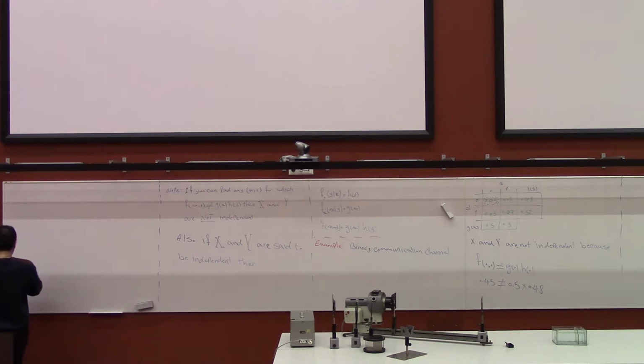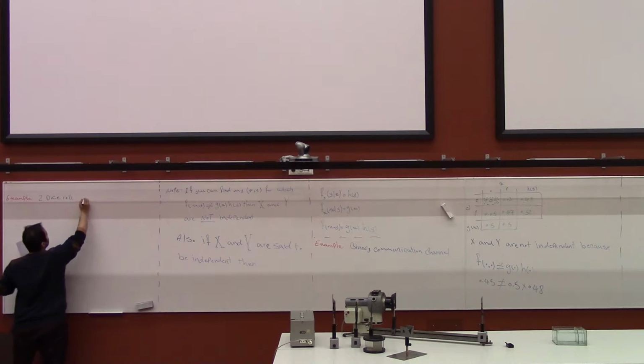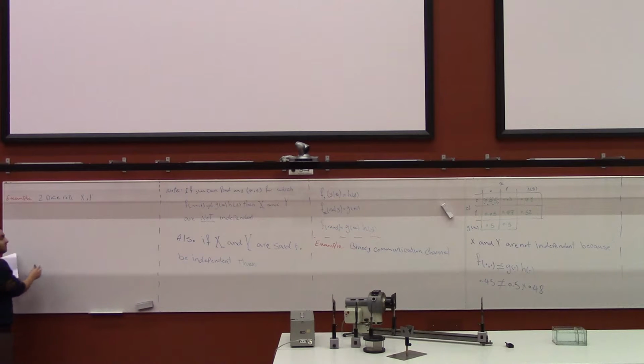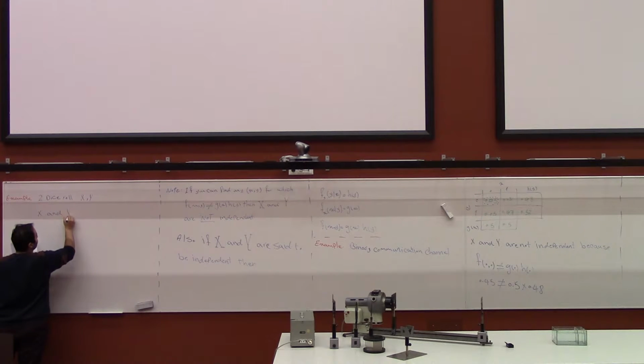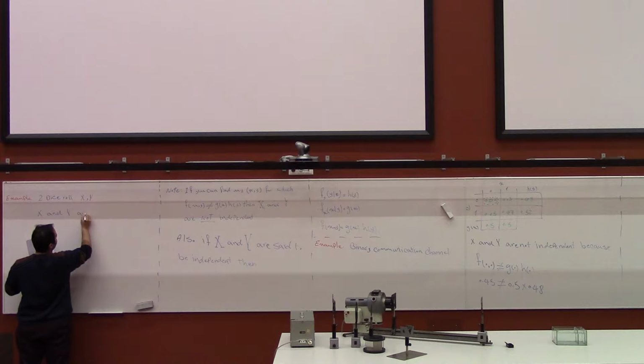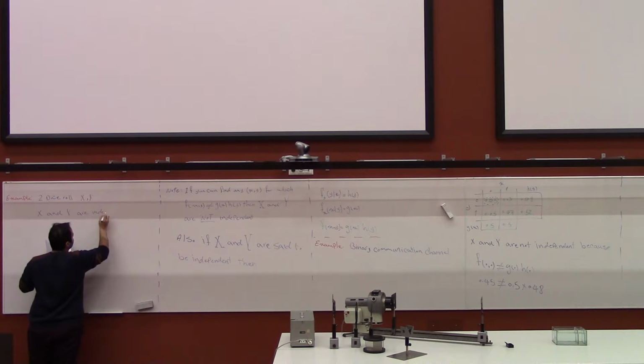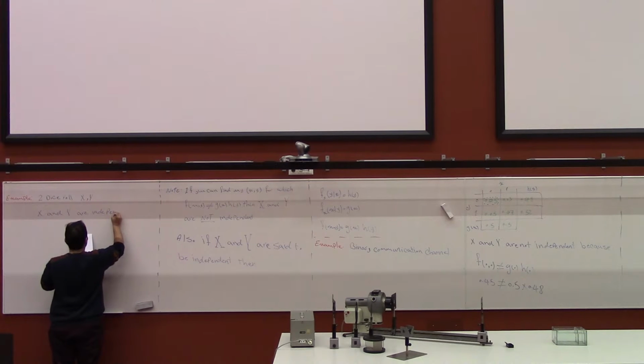So this is 2 plus 4, x and y. Okay. X and Y are independent